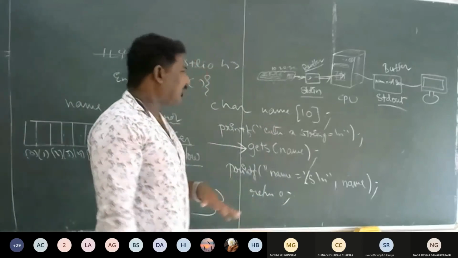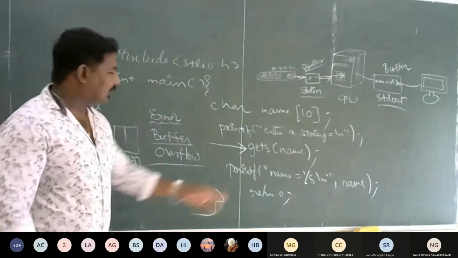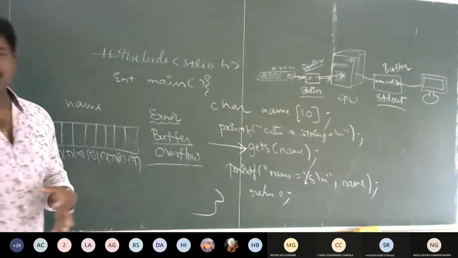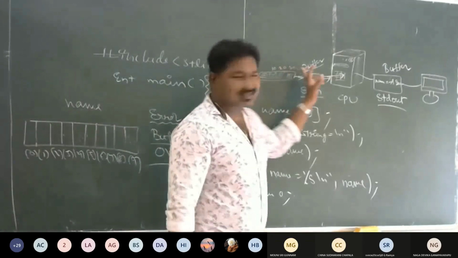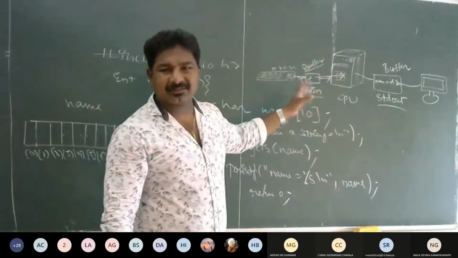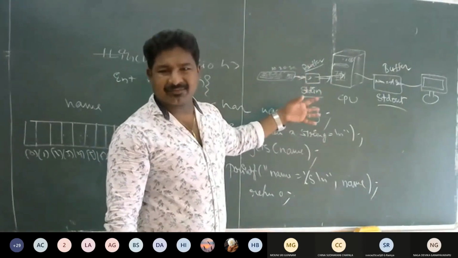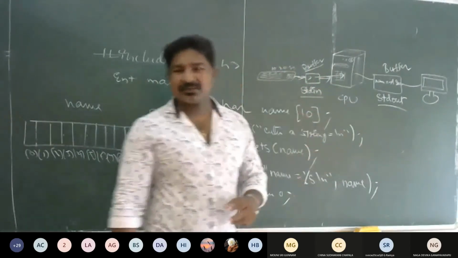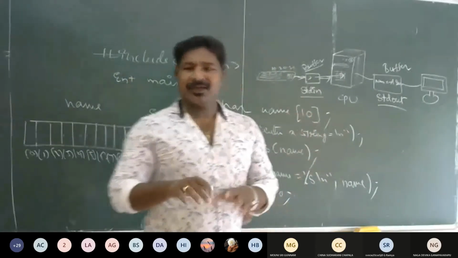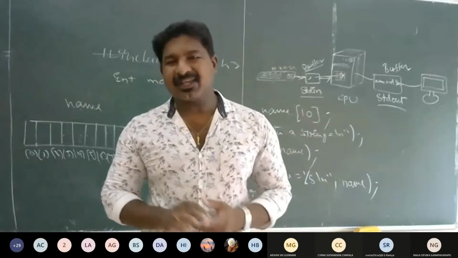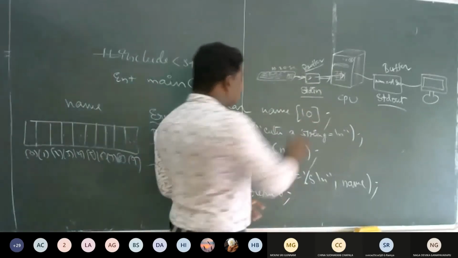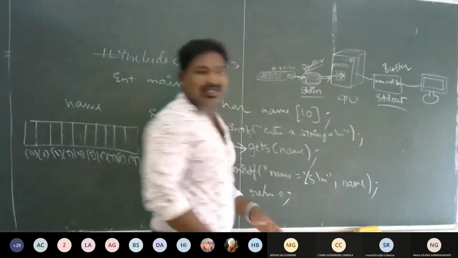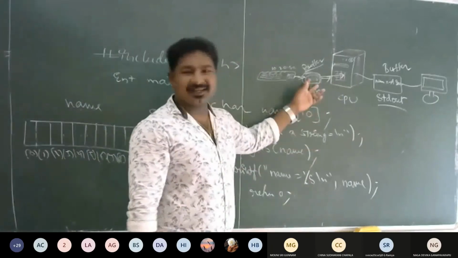Then what is the problem with this actually? I said that gets creates a problem called buffer overflow. That means here you are just giving something like my initial and name, or some values in the array. For example, if I have written a program that reads certain values for my array, say 10 values, what happens if I type lakhs of values or thousands of values? In that case, all the values will go to this buffer and completely fill it, and some values will get lost because this size is limited.